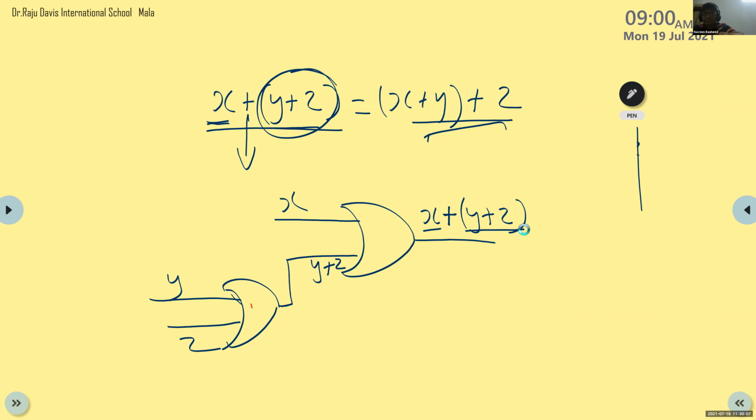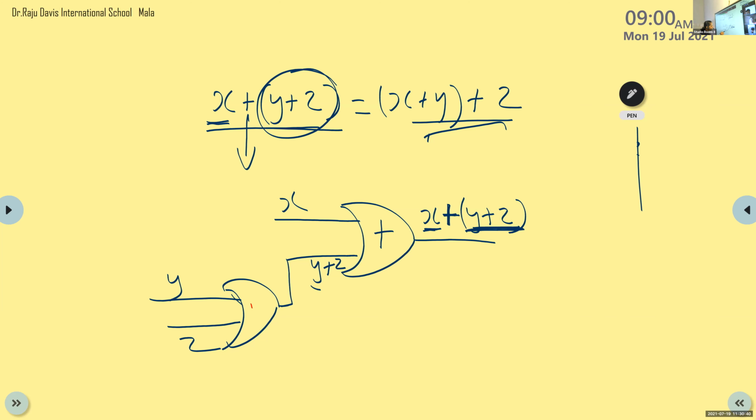Okay. Here plus is the OR operator. Then two operands are there. The first operand is x and the second operand is y plus z. So for representing this plus symbol, we are using one OR gate. Then for this plus we are using two inputs. The first one is x and the second one is y plus z. So first I draw x and the second input is y plus z.